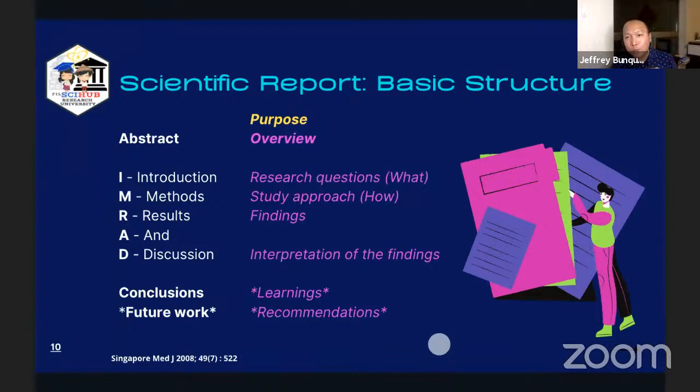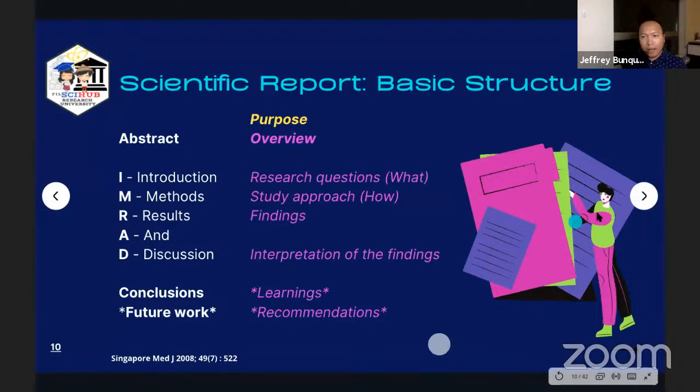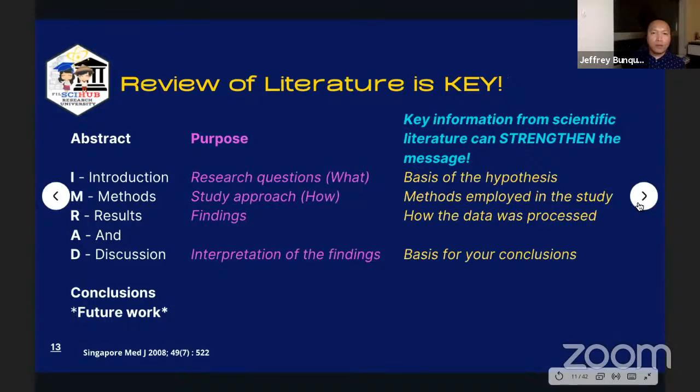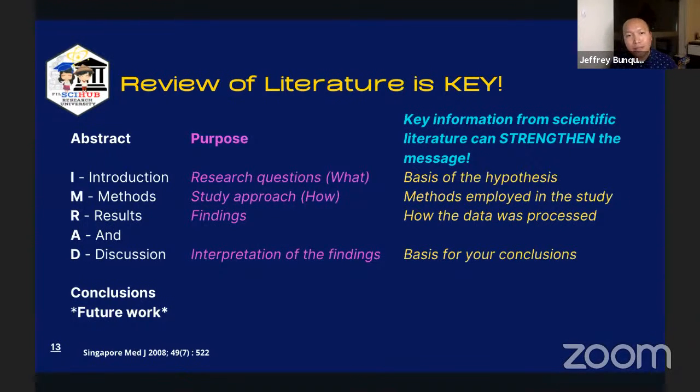And then lastly, conclusions. It's highlighting and summarization of all your learnings. And then future work, it's about recommendation. So how do you actually improve upon the learnings from this study? So if ever yung readers ninyo again gusto nila mag-follow up study, how can they improve what you have come up with? Okay, and then as early as now, again, bago po tayo dumako doon sa pagsusulat ng IMRAD,